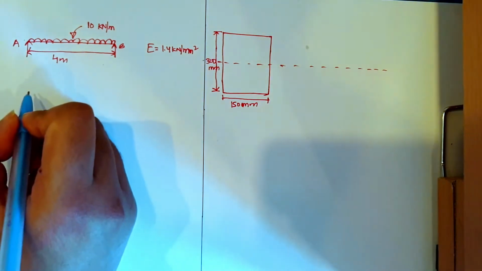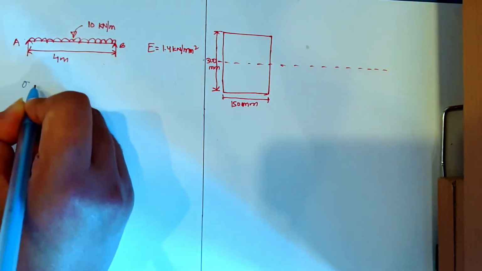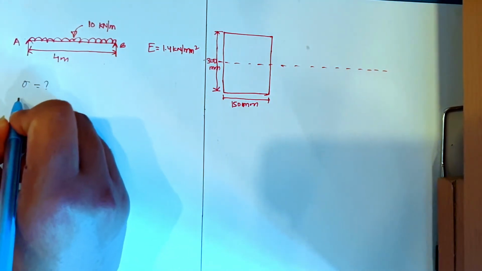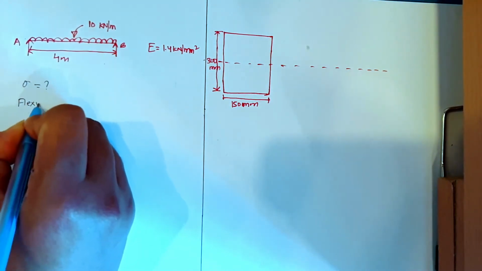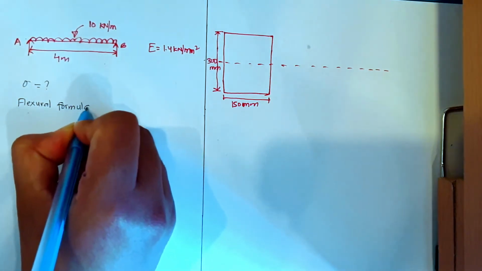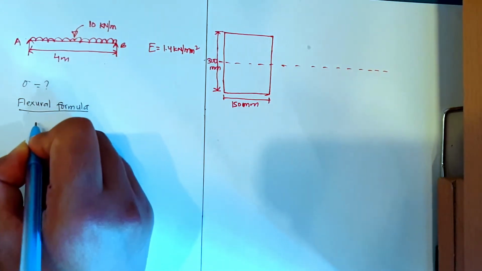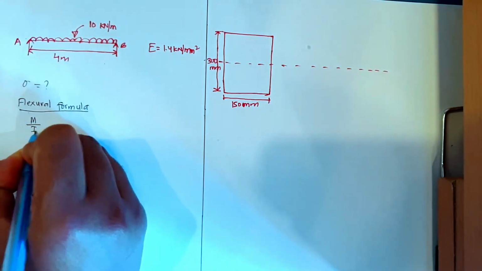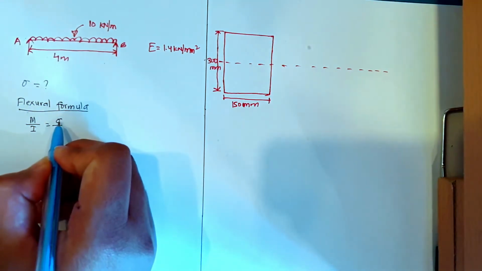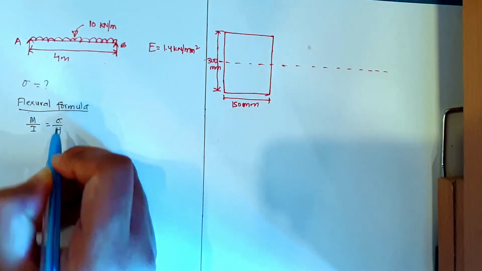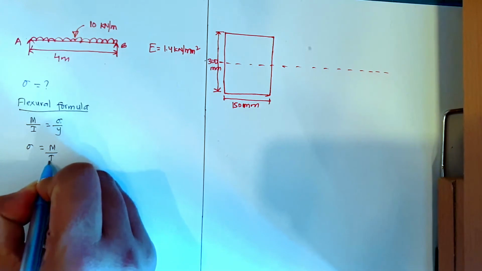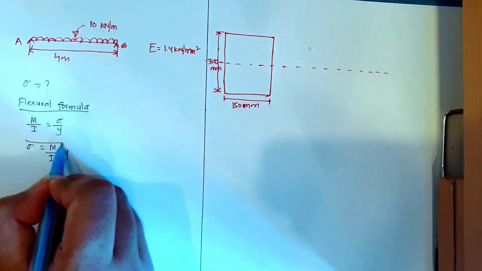So we need to find stress, right? Stress equal to question mark. Now from the flexural formula, which is M by I equals to sigma by y. This is a flexural formula. Now from this flexural formula I can find this value of sigma. So from here sigma will be equal to M by I into y. We'll get this formula,